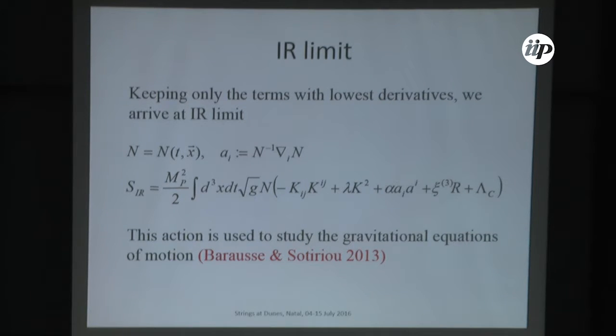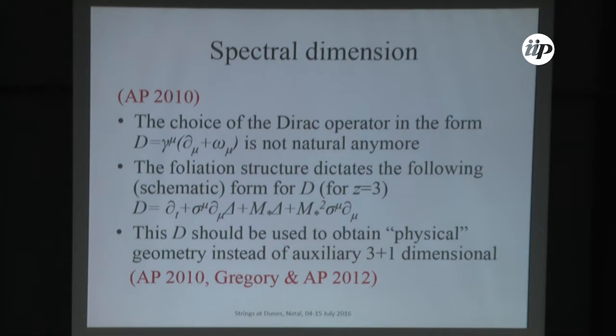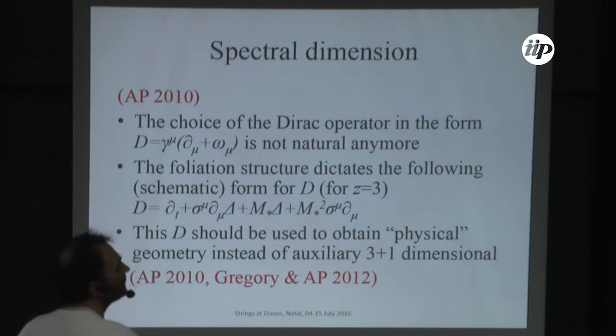So I will be mostly showing results for this infrared limit, meaning in the infrared limit, essentially, you drop all these terms which lead to renormalizability, and you just stick to the usual action, but here those are parameters, so it's a 3-parameter space. Okay. Here, I doubt that I will be able to show, or at least flash, all the results. Here is how this apparatus of the first part of the talk could be applied to analyze these models.